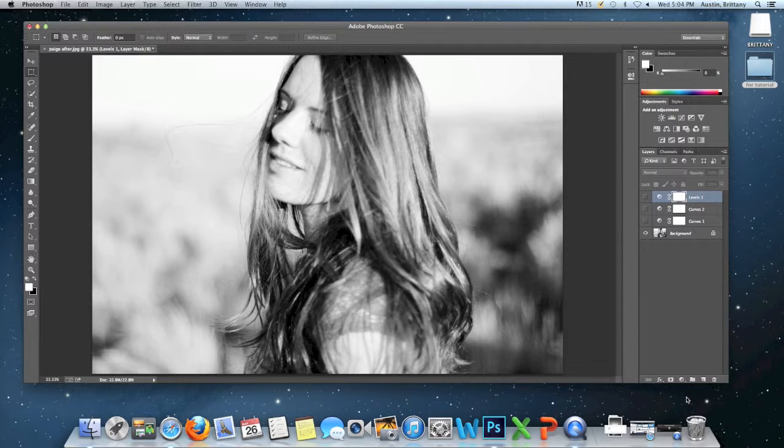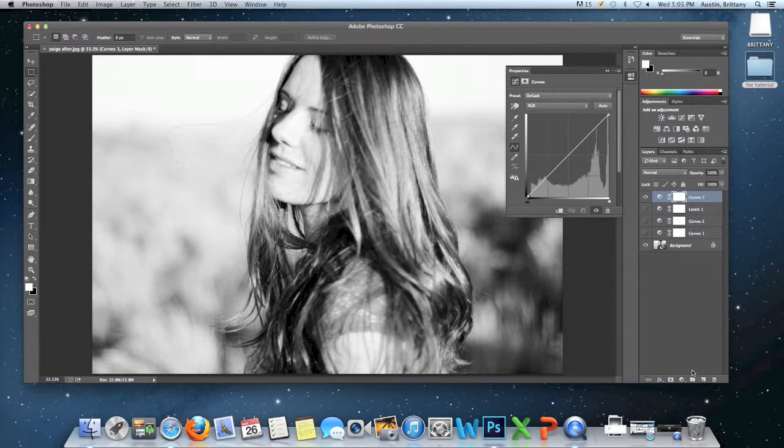Alright, we're going to start first by adding an adjustment layer. You can find that in the bottom right hand corner of your screen. You're going to scroll down until you find curves. So click on the curves icon to add the curves adjustment layer. And then once you get there, in the lower left corner, grab the curve and slide it until you like